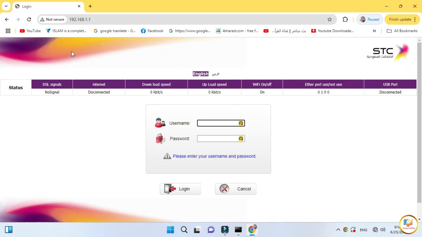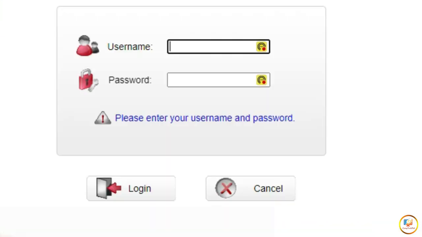We see the STC program. In the username, just type admin, all small letters, and the password is admin, all small letters. Then click login here.